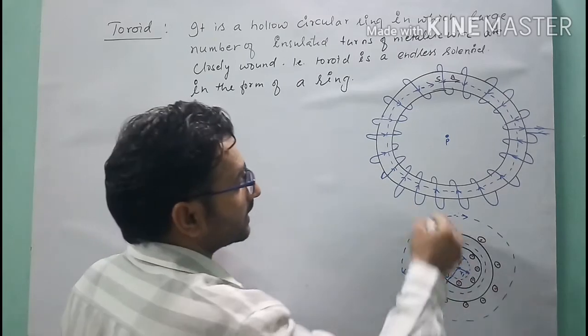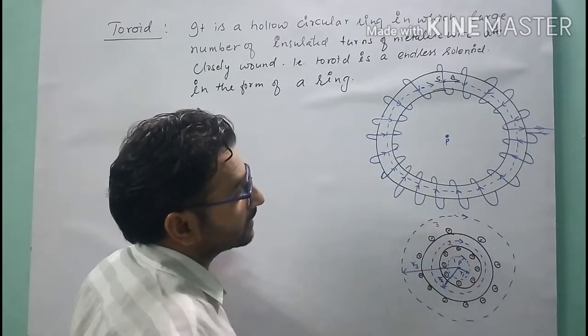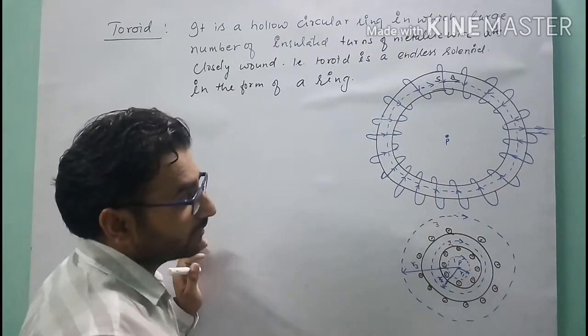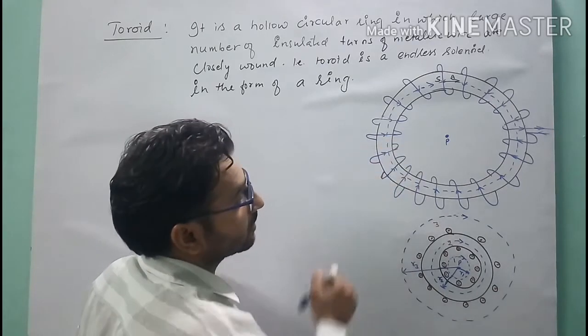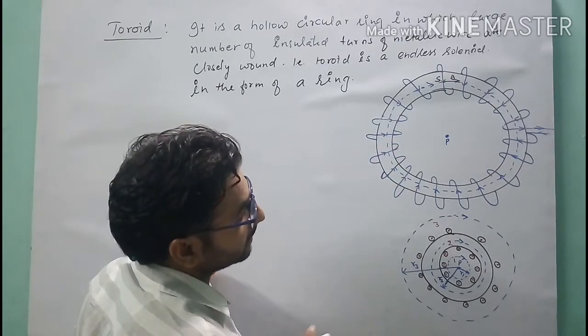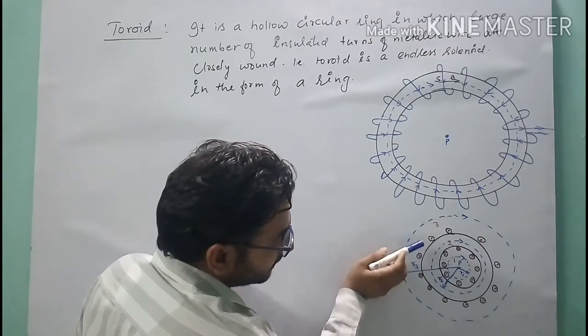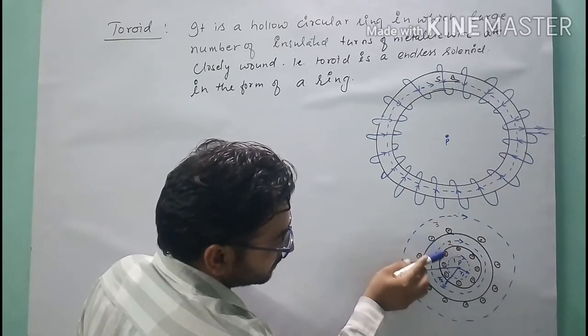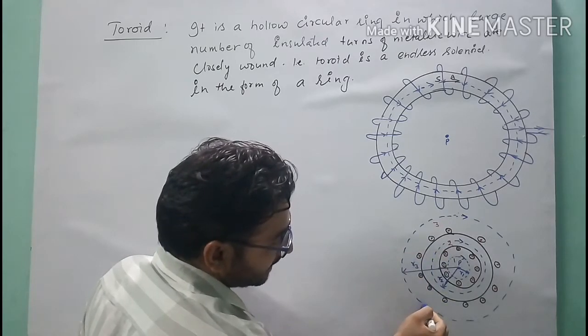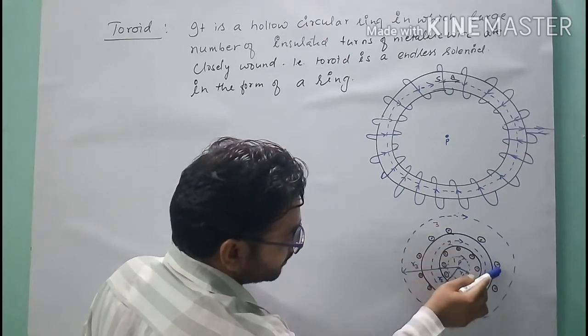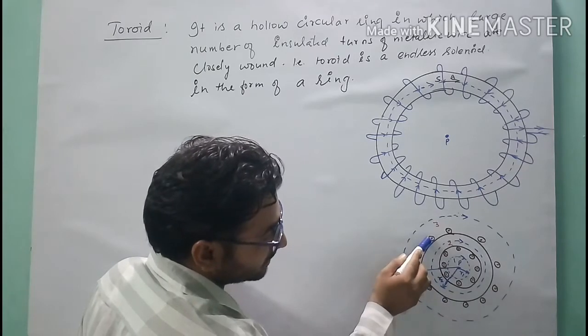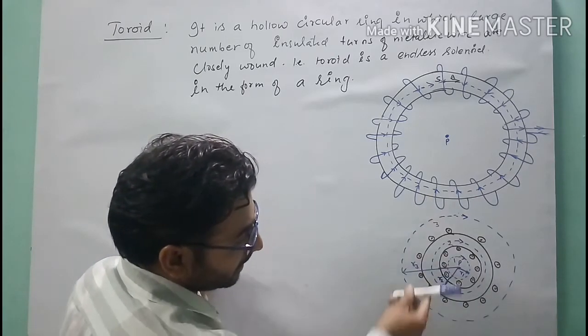And here, when the current passes through it, we know that a magnetic field is produced. When the magnetic field is produced due to this electric current, the magnetic field lines emerge, and the direction of the magnetic field lines you can see in the second diagram. This dot symbol represents the direction of the magnetic field, normally in the outward direction here.